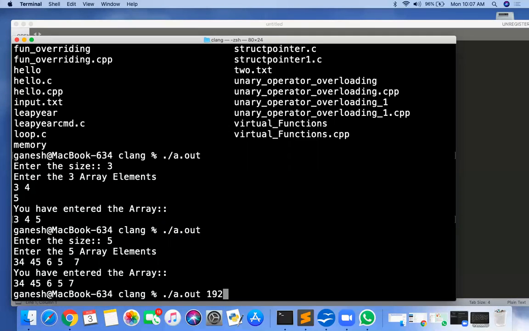For example, 192.168.12.1. So this IP address has to be provided at the time of running my program, not after running my program. After executing a program, I don't want it. I want this number to be input at the running of my program.